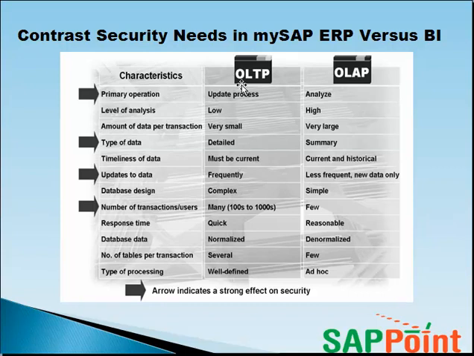In the OLTP system, the R3 system, the data gets updated very frequently, like when you create a purchase order or modify a purchase order or a sales order. So our data keeps on updating in the system. But in the OLAP system, the data is less frequently updated. Only new data gets updated, because anytime something changes in the OLTP source systems, the data will get updated in the BI system also when the data loads happen.